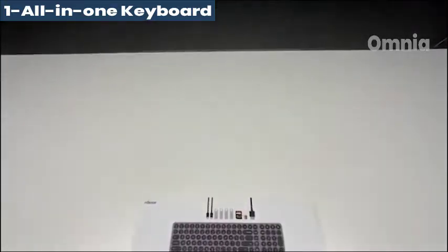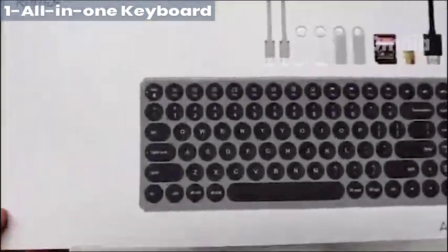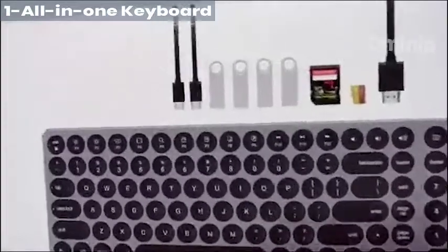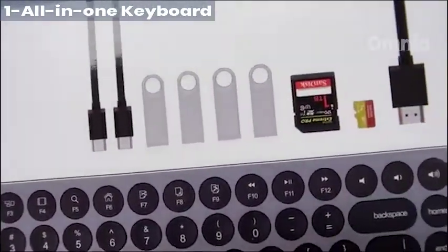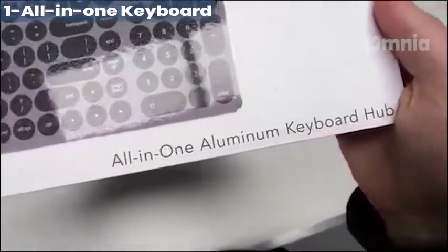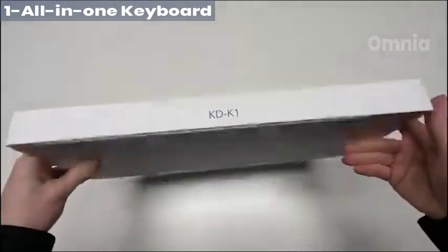So today we are checking out an all-in-one aluminum keyboard hub in an incredibly thin and light package. I believe this thing is being crowdfunded right now. It's from a company called Collude, and at first glance you're probably going to think it looks something like what Apple is already making, but then you see the potential for peripherals and connection points and you realize it's something different completely. And of course, on top of that, you also have circular keys here, which Apple doesn't make a product with circular keys, so you know it's different, but it's inspired by the keyboard that ships with the iMac